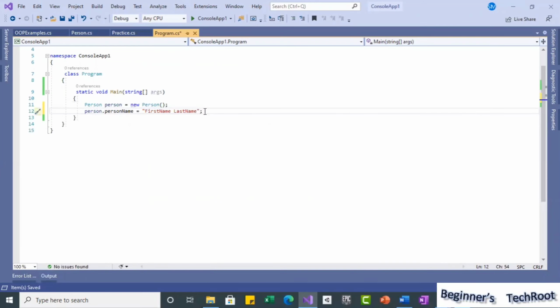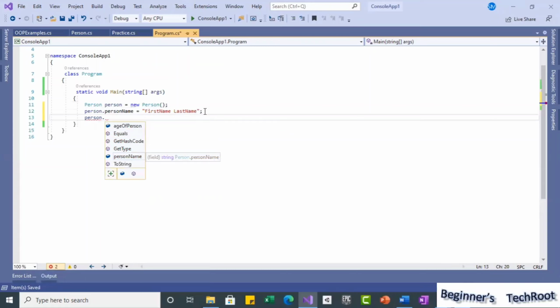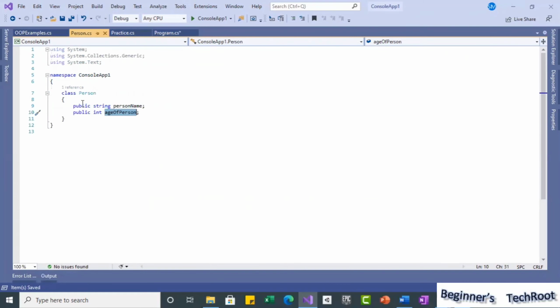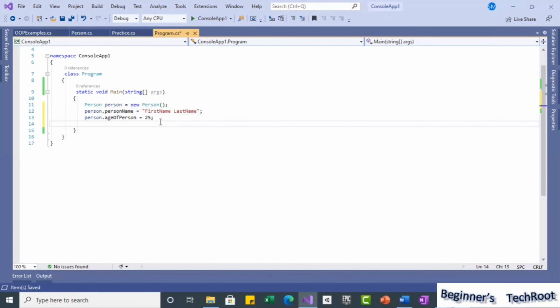Okay, and then age, person dot person age of person. Suppose I put 25. So what I did, I created an object, and using the object, the fields I expressed as public, so that I can access them.